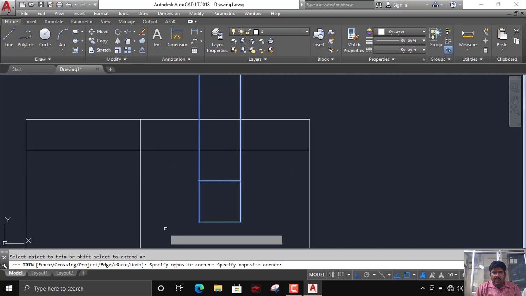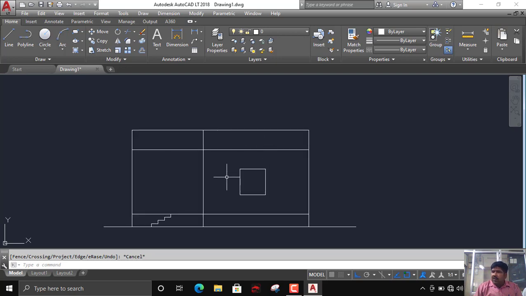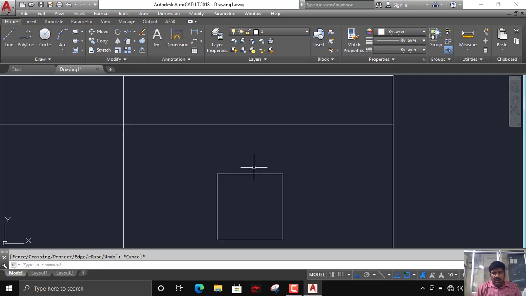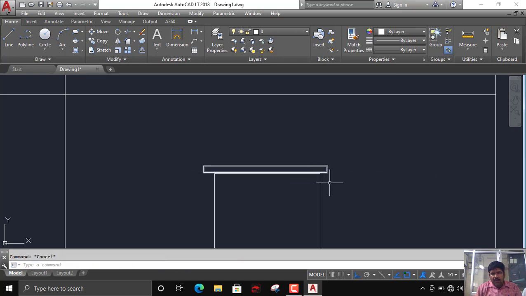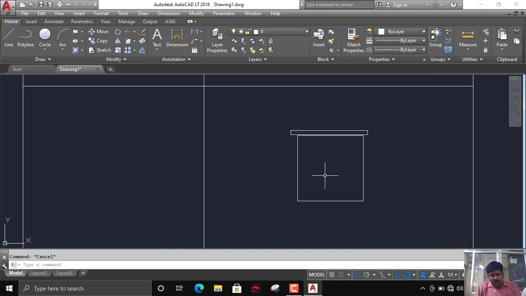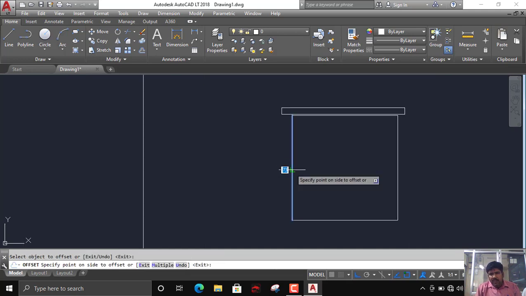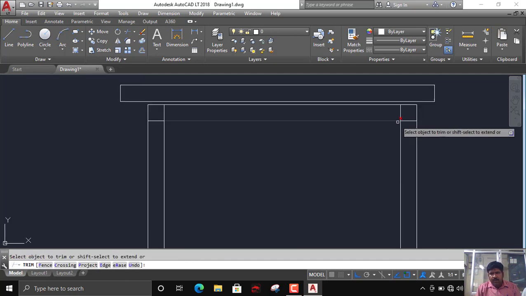This is the window. Now for the Chajja you can draw here Chajja 150 mm, 50 mm either side, and the window design is left to you. I can design any type, whatever you feel comfortable.